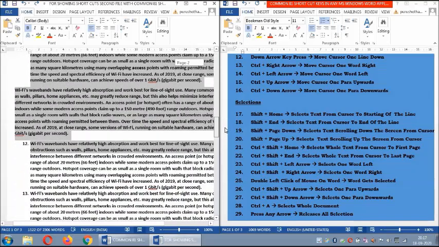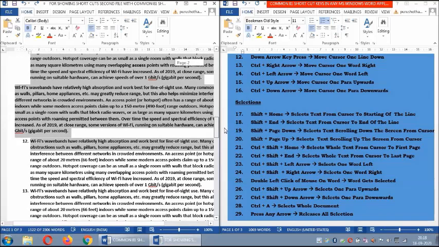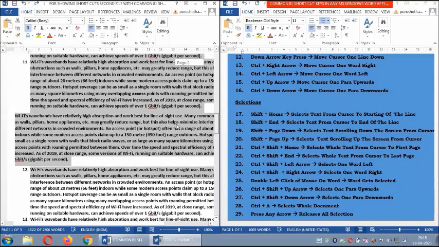See from here upward. Shift Page Up means some paragraphs are selected. Shift Page Down means some paragraphs are selected downward. But I use Control Shift Home: from the cursor position to the first page, the first letter has been selected. Now remove the selections with any arrow key in the application.